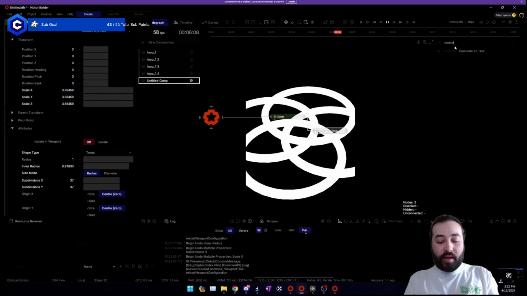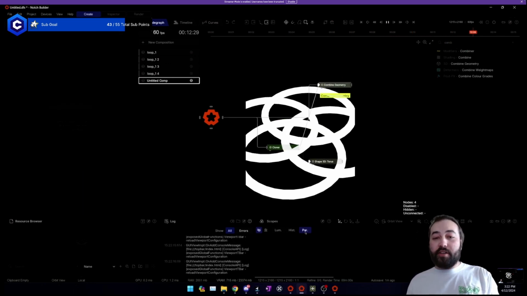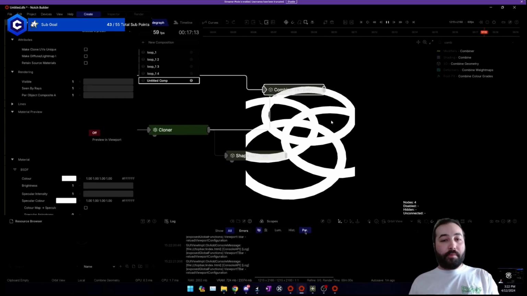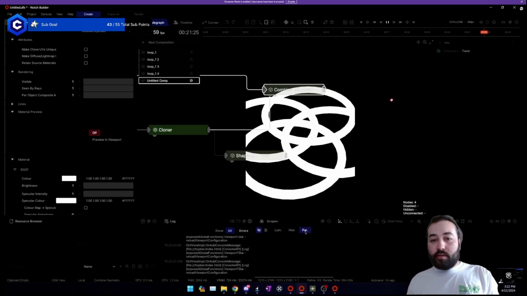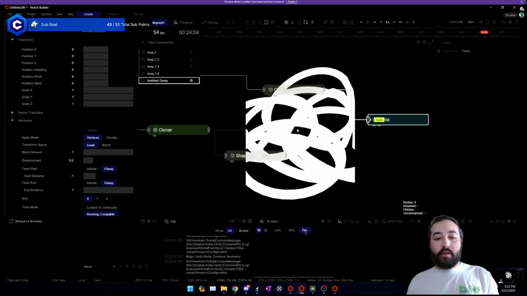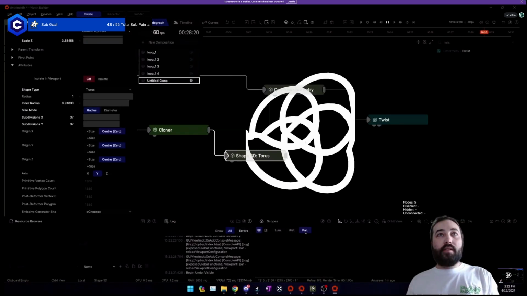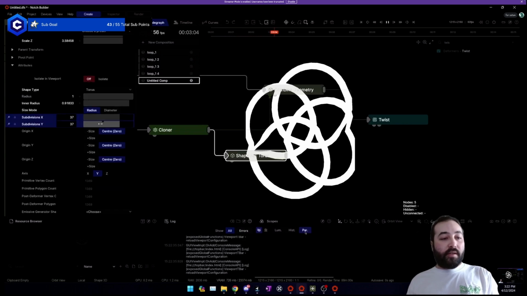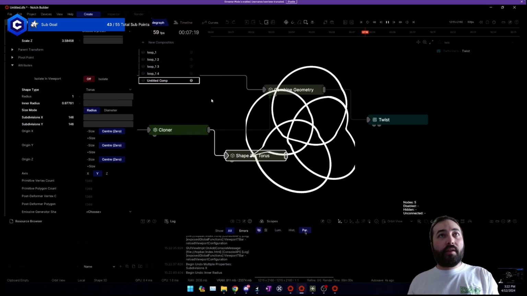And then I'm going to do a combined geometry. This is going to basically combine them all into one mesh so that I can deform it all as if it was one mesh and not 4 individual cloned meshes. So let's try this. Let's do a twist, maybe. Oh, and let me disable visibility for the uncombined one. Okay. So now we've got something kind of interesting here. Let me add some more subdivisions. Maybe make it a little bit thinner.